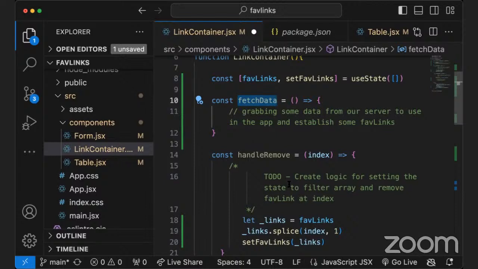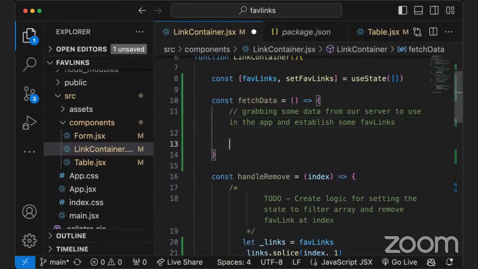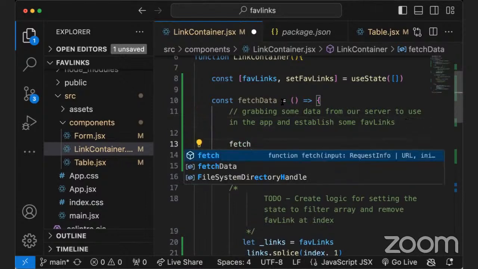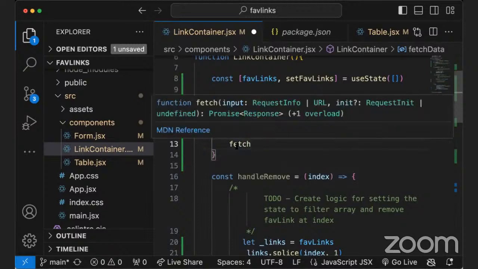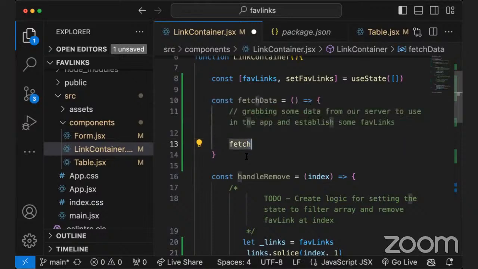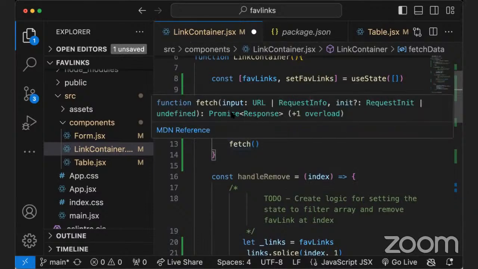our application. Now, to do this, we can actually use that fetch library that I told y'all exists in JavaScript. Basically, if I say fetch, you can see as I typed it in, it popped up in VS Code. Fetch is a pre-built-in function in JavaScript that we can use. If I call fetch as a function and hover over it, we get some helpful information